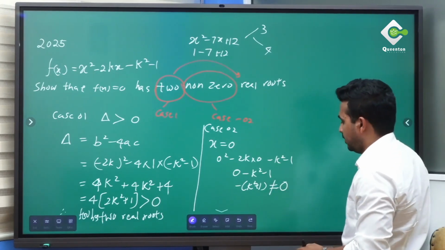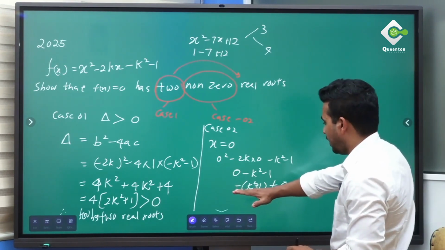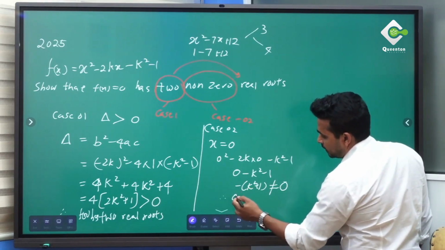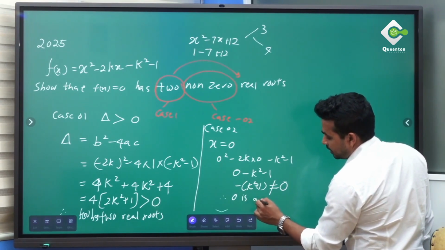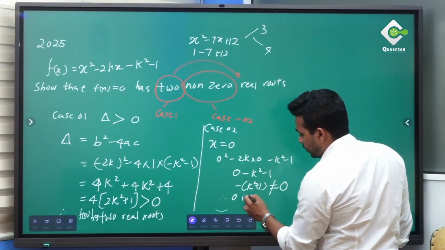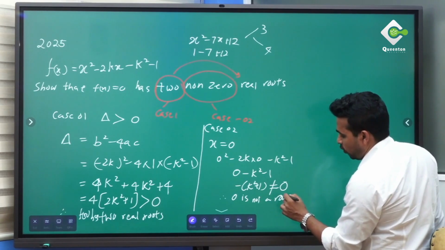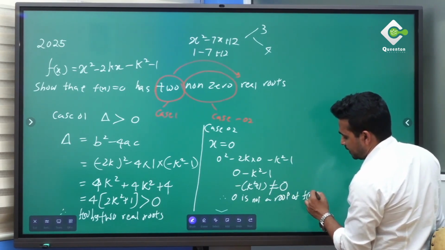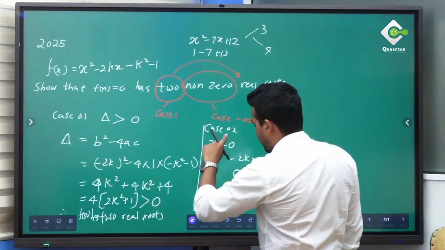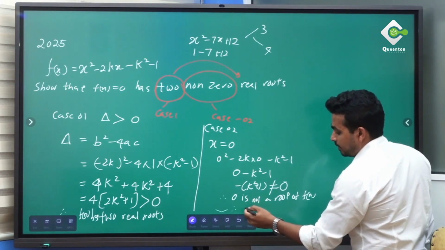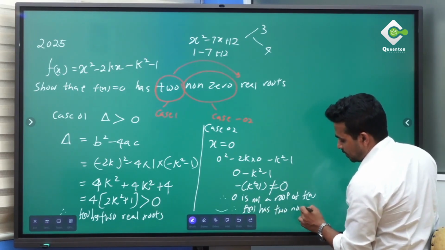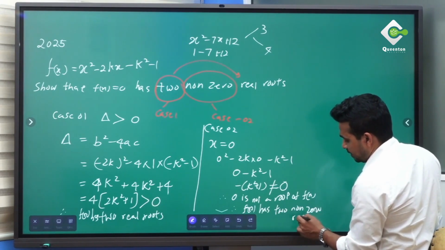So we can say this one is not 0. So 0 is not a root of f(x). Hence, by considering all these two cases, we can say f(x) has two non-zero real